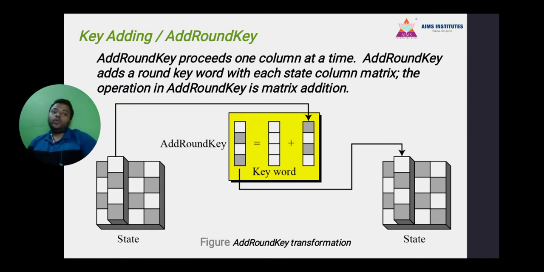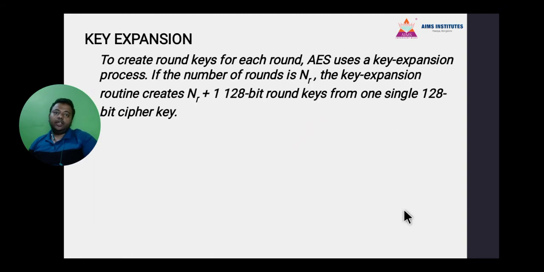Here what we do is take a key and XOR it with one row or column of the matrix from the state, and we get the add round key format. You can see it here, and this comes back to the normal state again. So see how this happens. It happens in the key expansion.